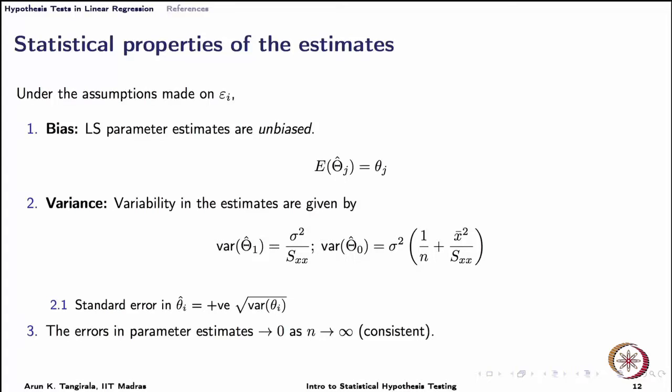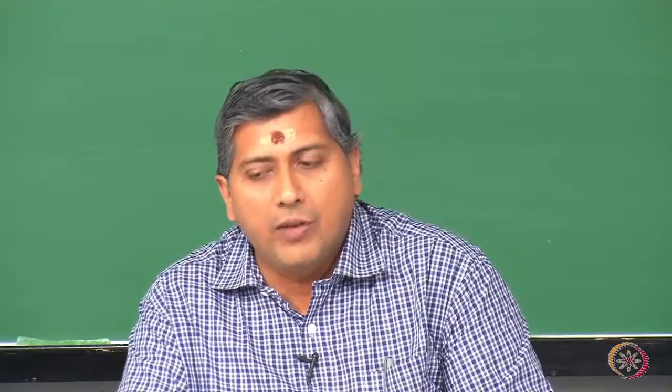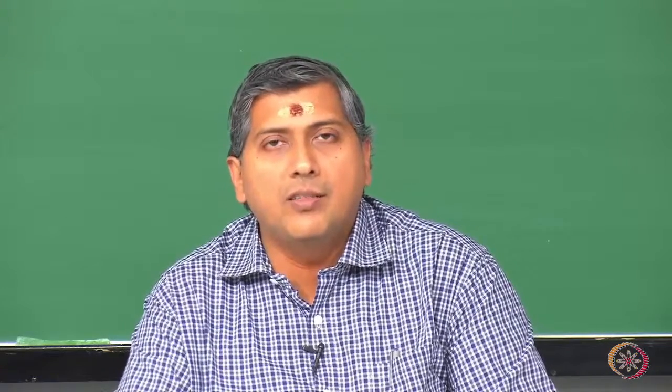Earlier we asked the question, is there any control on the variability? That means, can I drive the variability to 0? The data may be changing, but can I guarantee, can I somehow ensure that estimates do not vary? For finite samples it is not possible, but at least for infinite samples, and by samples I mean observations, I am sorry. For infinite sample sizes, at least in those cases, when I have a large sample size, can I have a very low variance of the parameter estimate, because the square root of this variance is a standard error, and I want the errors in the parameter estimates to be low.